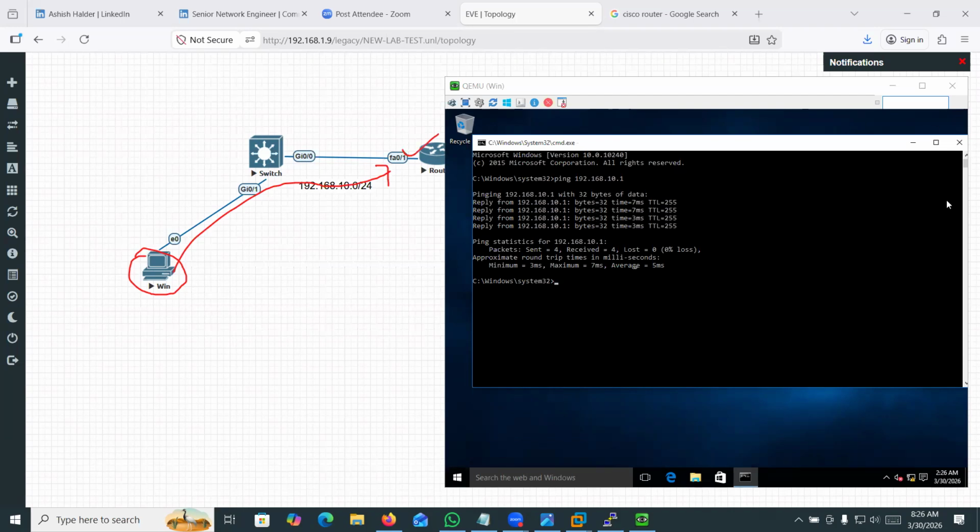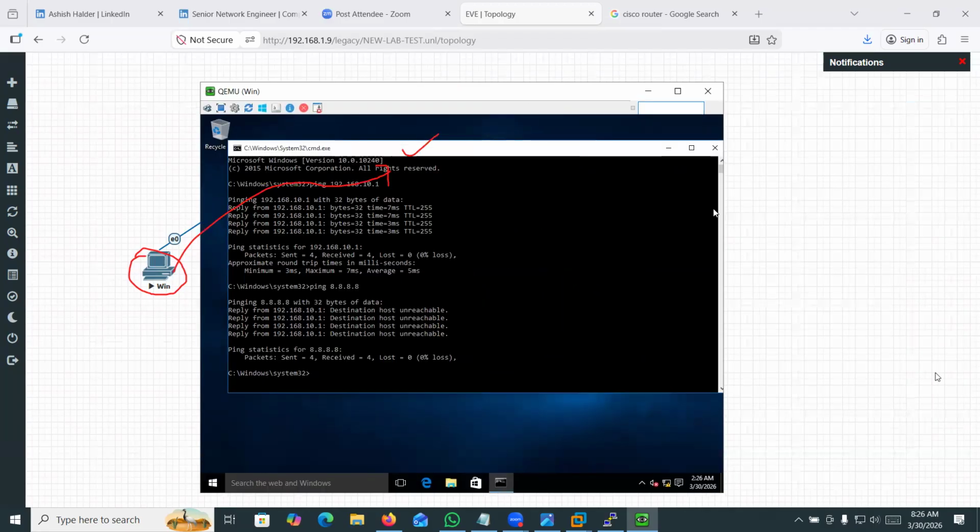Now, if I try to ping an outside network, like Google, 8.8.8.8, it says destination host unreachable. This device is not getting internet, right?